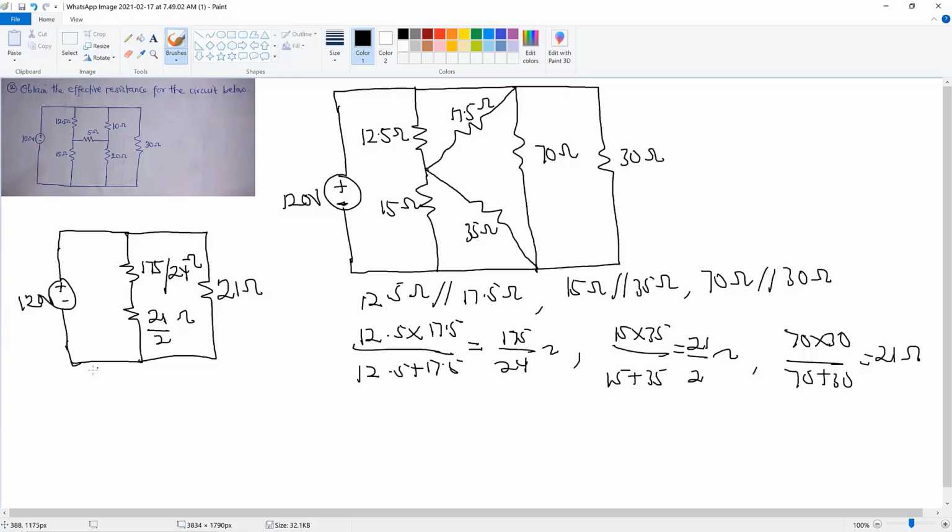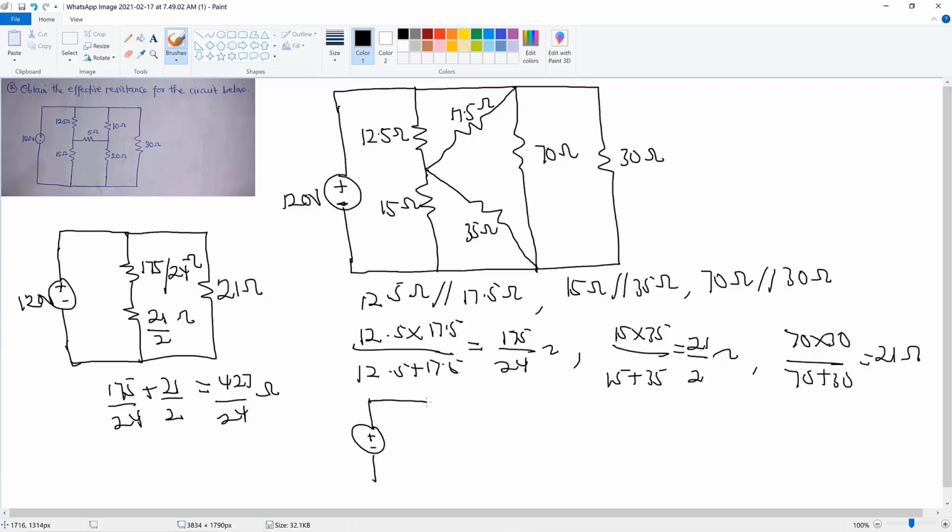So we have 175 over 24 plus 21 over 2 to be 427 over 24 ohms, and that is in parallel with the 21 ohm resistor. So we still have our voltage source,